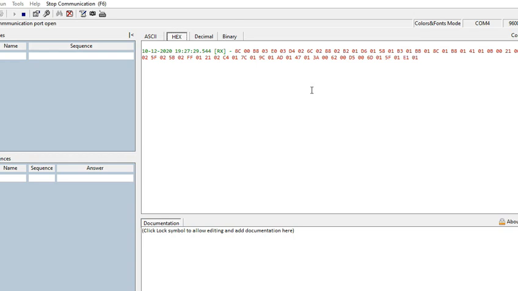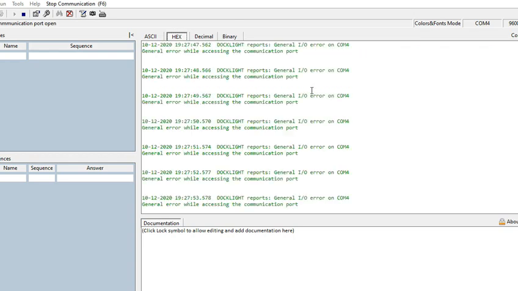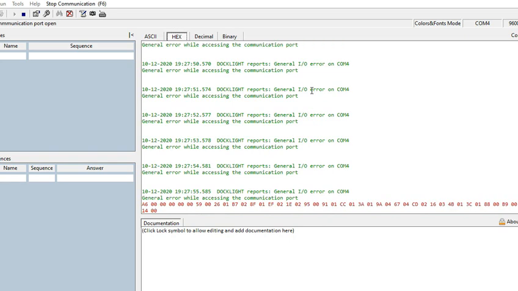What we did here is we just try to keep the microcontroller open, and you can see here when you don't connect any sensor, we are trying to read the values here.